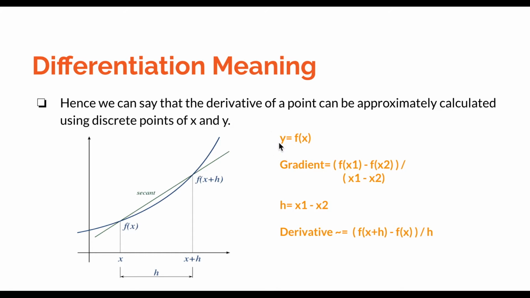So summing up the concept of gradient and differentiation, we can say that gradient is the change in y divided by the change in x, and to find the change in y, we can find the values of y by putting the corresponding values of x into the function, which will be a polynomial for this course. We can also replace the change in x-axis by a value of h. So the final equation is